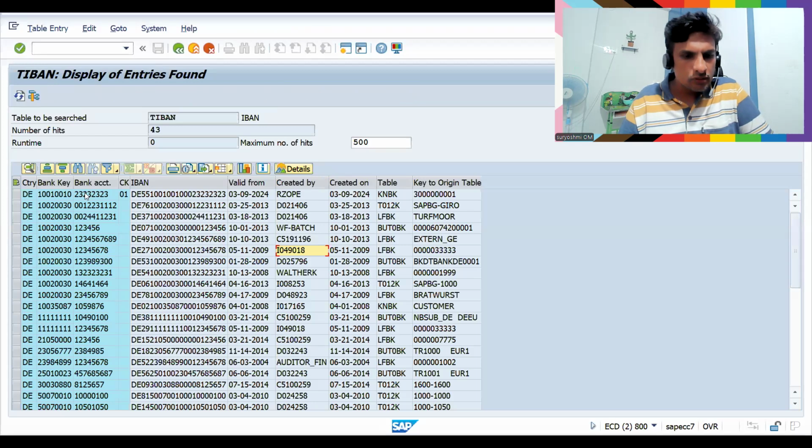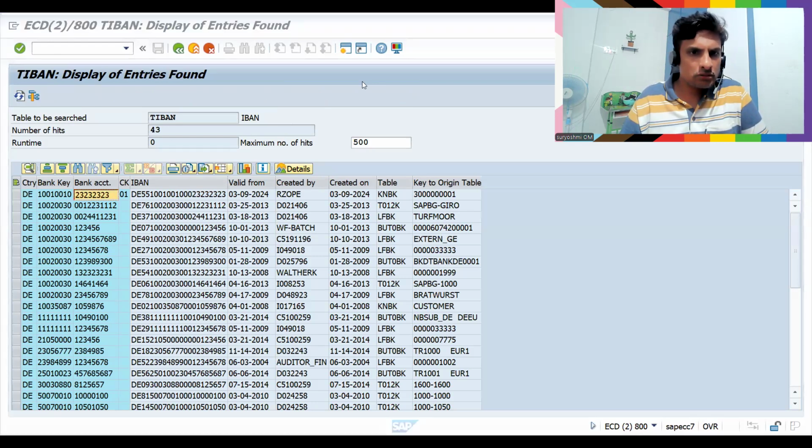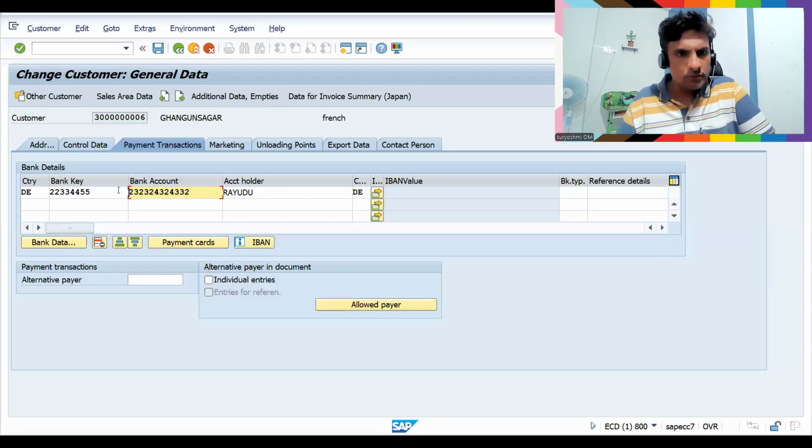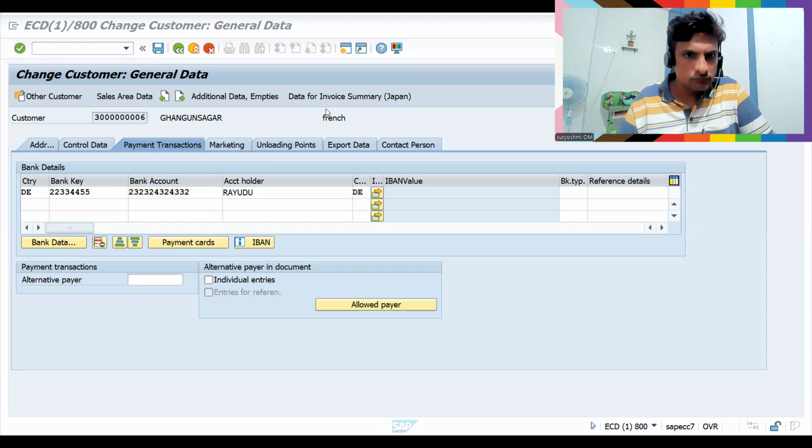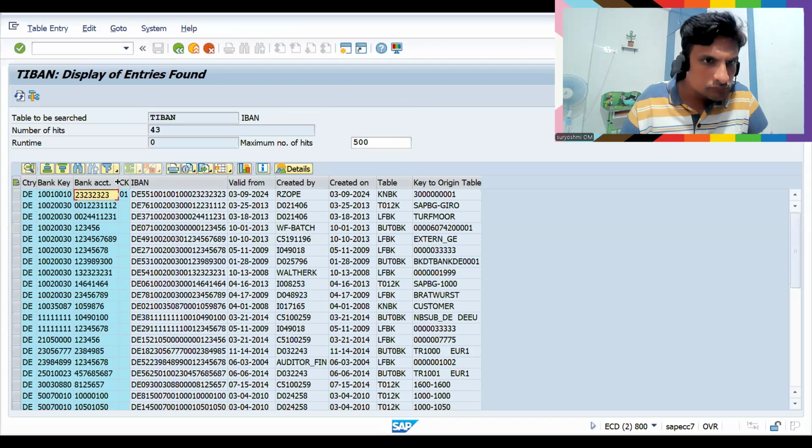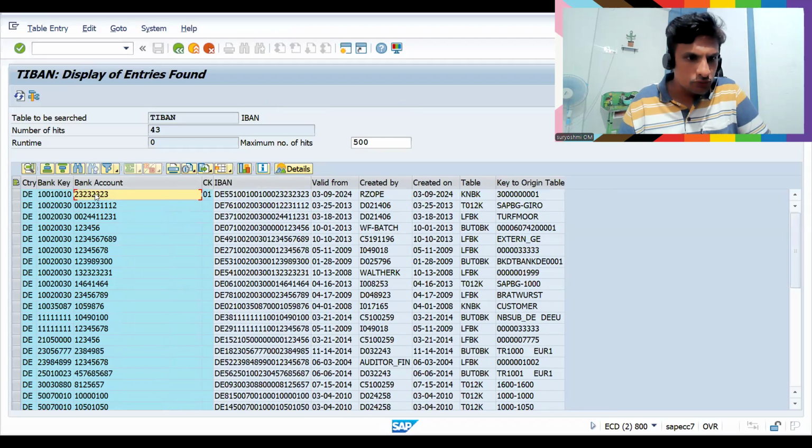So let's copy this bank account. Copy it correctly. Let me check this one. So only this much is there.